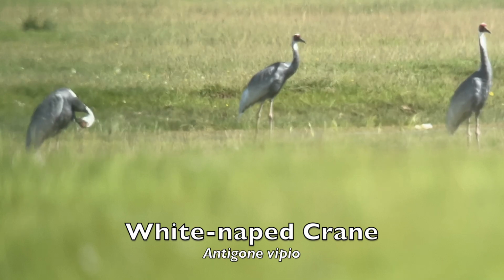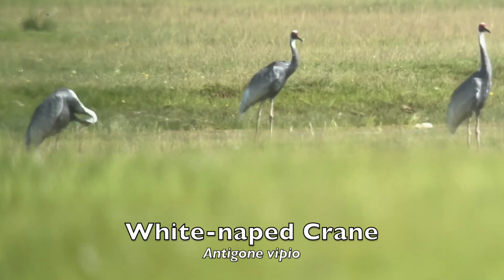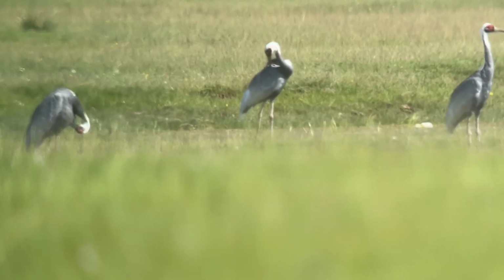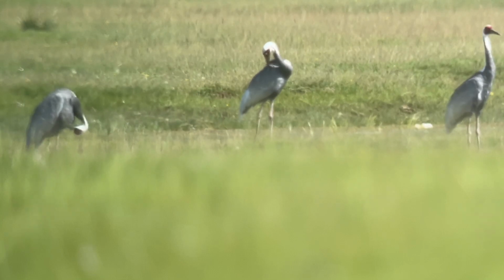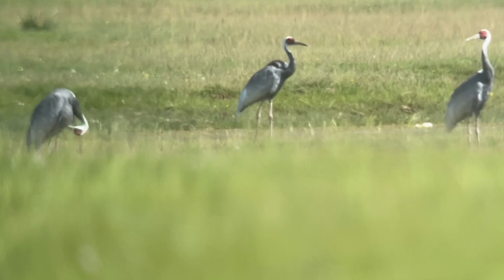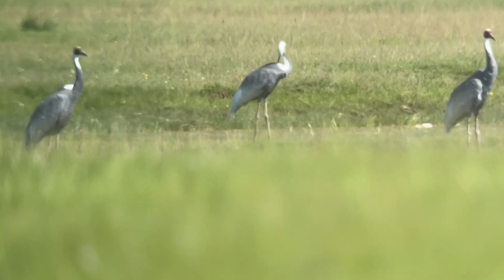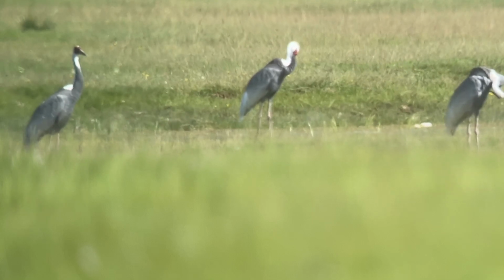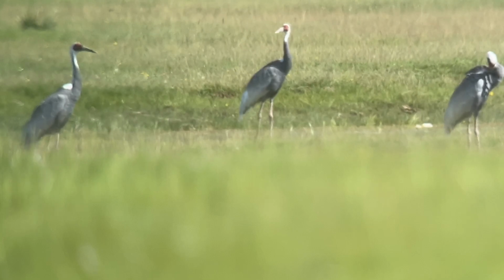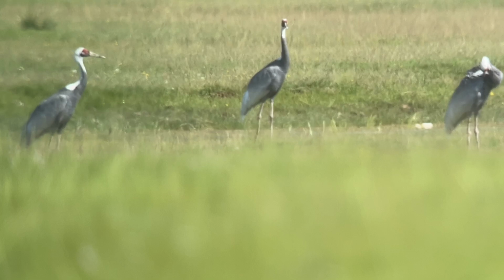The elegant white-naped crane is the only crane species with pinkish legs and a dark gray and white striped neck. The bird's hind neck, nape, and top of the head are white. Its eyes are surrounded by an extensive red face patch, which also serves to identify this species. At 4 feet, that is 125 centimeters tall, and weighing in at 12 pounds or 5.6 kilograms, this species is